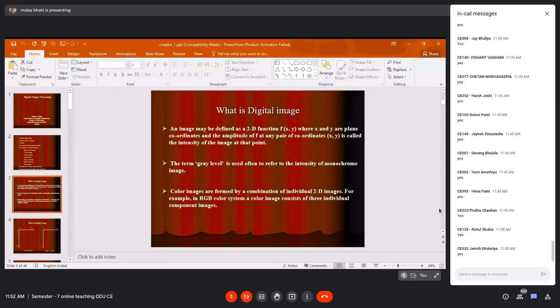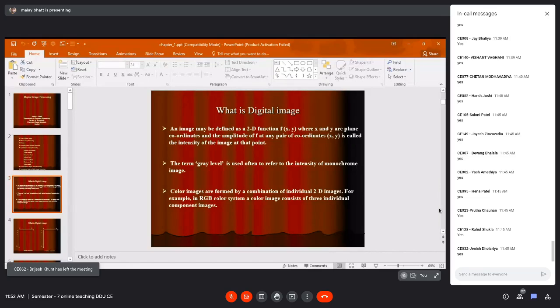The first layer, the first 2D plane, is R, then the second 2D plane is green, and the third 2D plane is the blue color. That is how we are getting a color image, which is a combination of the RGB color system, or it can be some other color system like HSV. It is also one of the popular color systems.